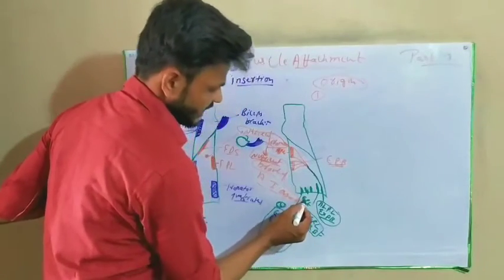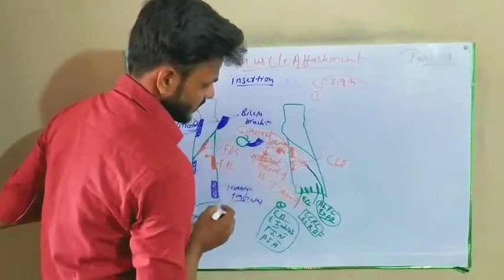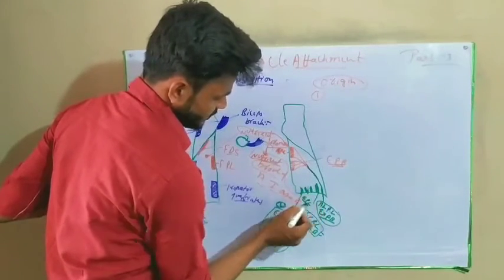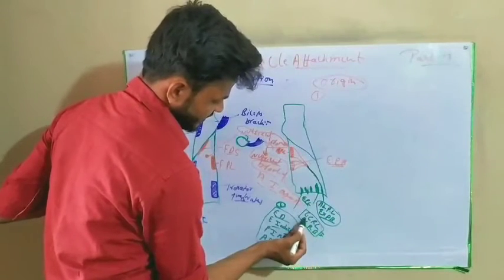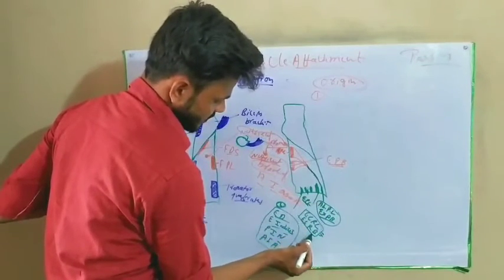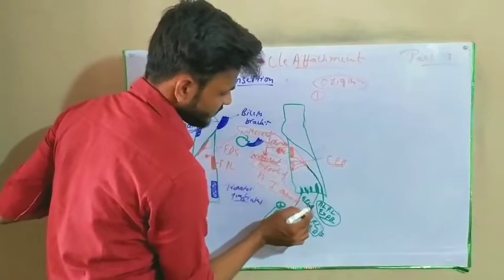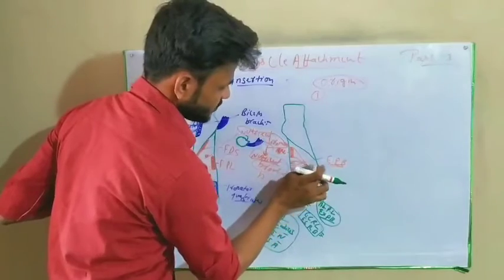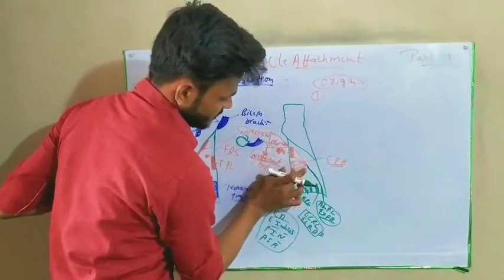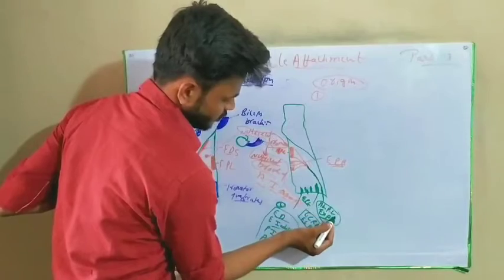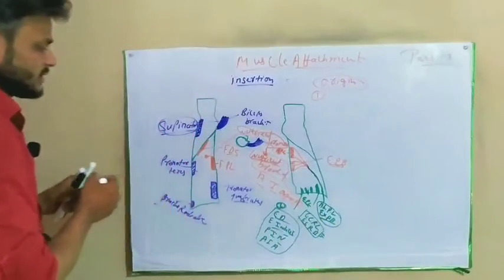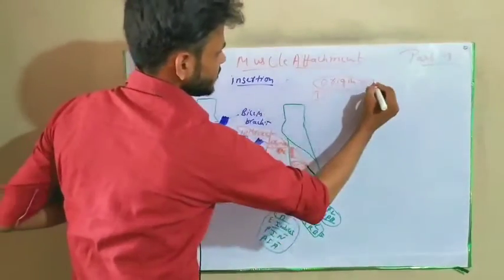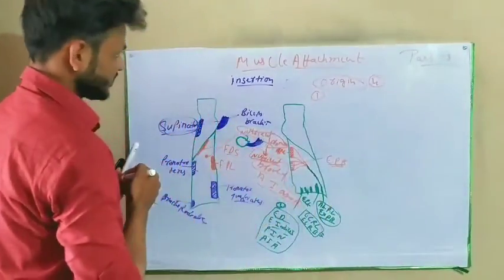And from one groove passes one tendon. This tendon is called extensor pollicis longus. From these grooves two tendons will pass. These tendons are extensor carpi radialis longus and extensor carpi radialis brevis. And there are two more muscles, abductor pollicis longus and extensor pollicis brevis. Those muscles' tendons will pass through the first groove. These are the muscular attachments and origin of the four muscles which take origin from the radius.